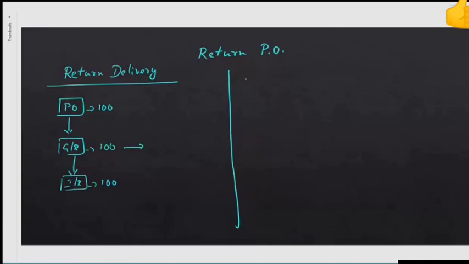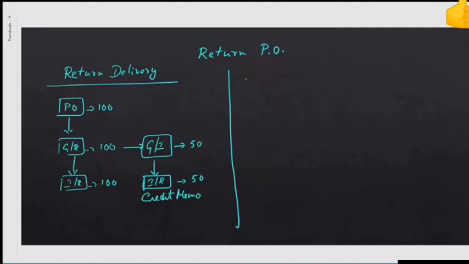So we create a goods issue. It's not a goods receipt, but it's a goods issue because we are issuing the goods out of our warehouse. And we are doing a goods issue for say 50 quantity. And then we'll also do an invoice, and that is for a quantity of 50 that we receive from the vendor. So this is a return delivery. So this invoice receipt is also called a credit memo,